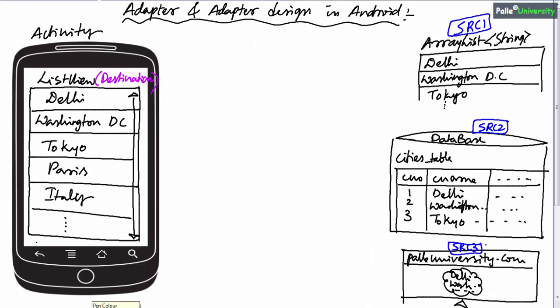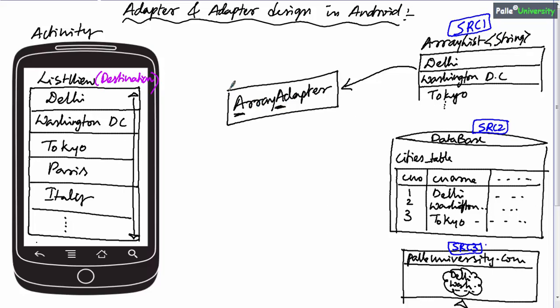Now when data is coming from an array list, we will use a predefined adapter given by Android called ArrayAdapter. Since it is predefined, there is no space between the capital A and the capital A. I repeat, if data is coming from either an array list, an array, or a linked list, we have to use ArrayAdapter to display elements in the list view.